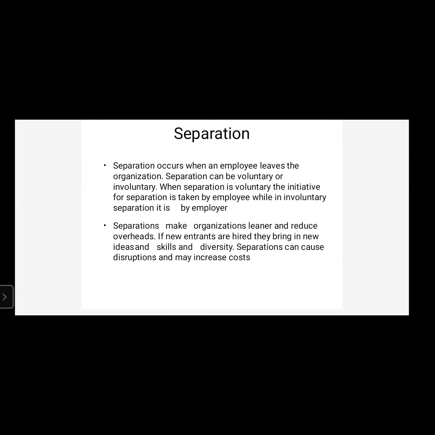The organization didn't want to separate that employee from the organization, but the employee thought he had a better opportunity outside, in some other organization. He wants to join some other organization for better opportunities, so he resigns from his organization and joins another. That type of separation is always called voluntary separation,